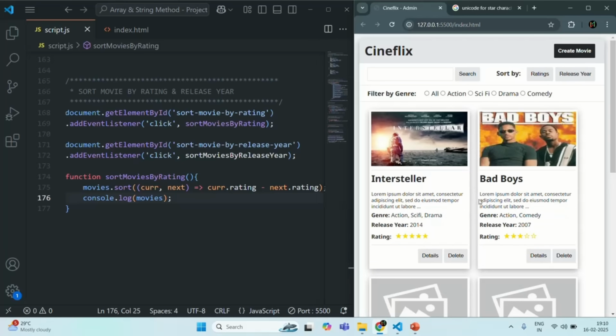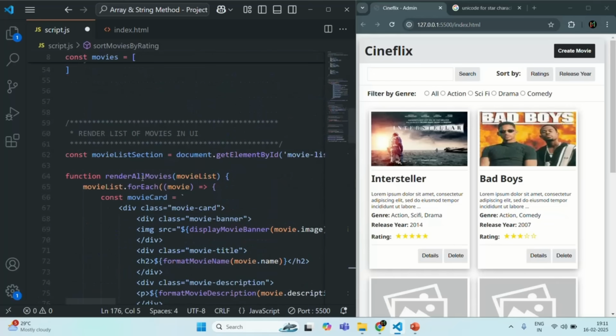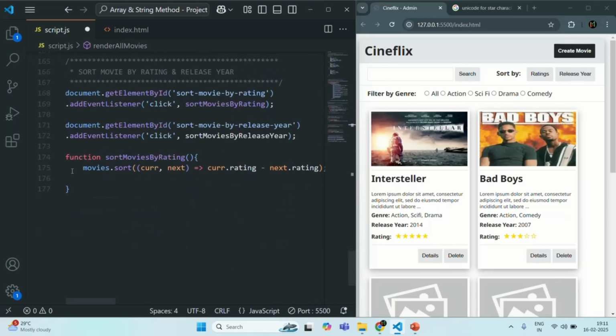And that's because, if you remember, I have mentioned that when we are calling this function, it is executing this logic, but it is not re-rendering the UI. And here what we need to do is re-render the UI with the sorted array. And for that, we can call this render all movies again. So we are going to call this render all movies here,